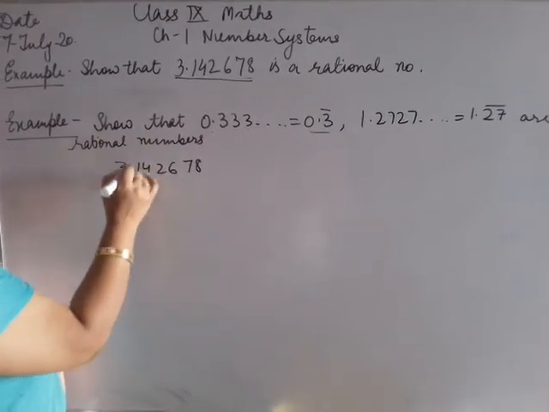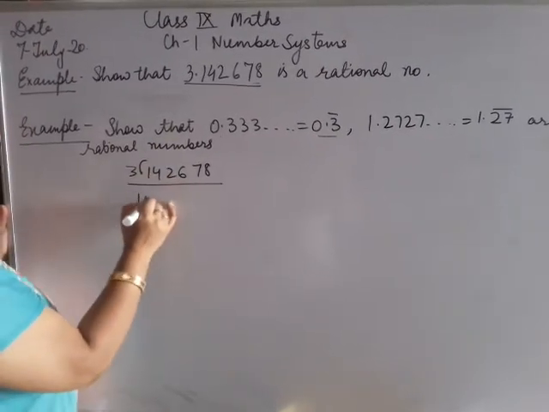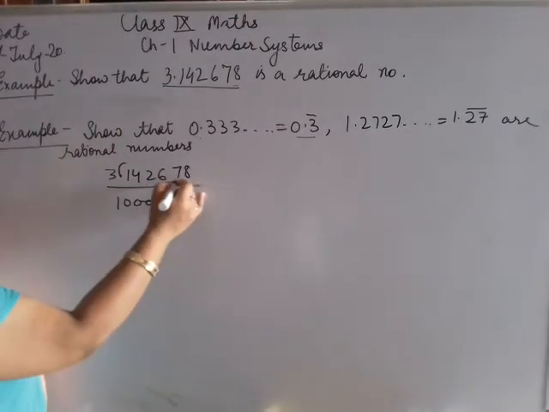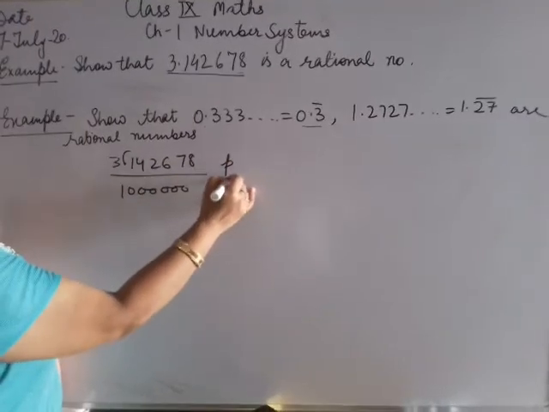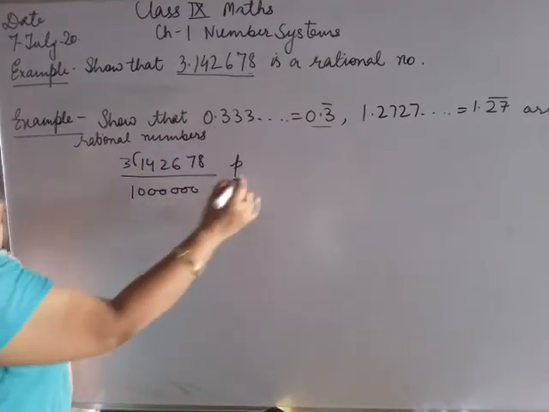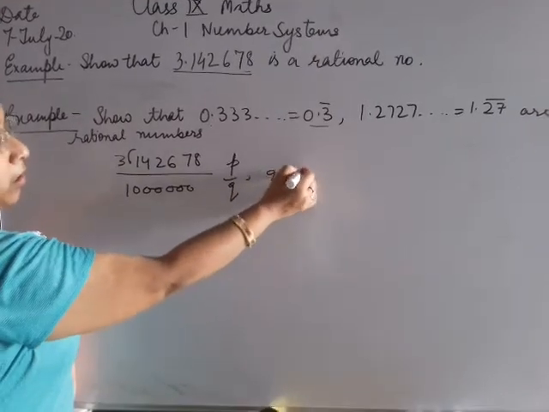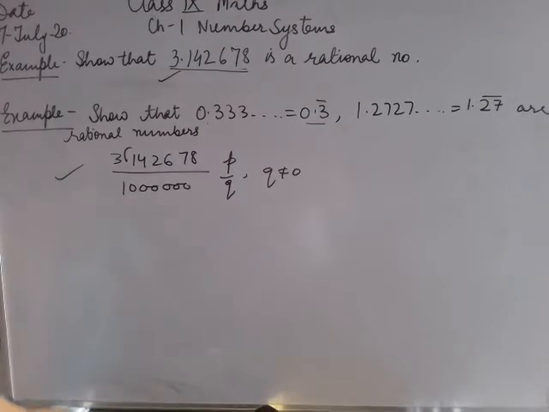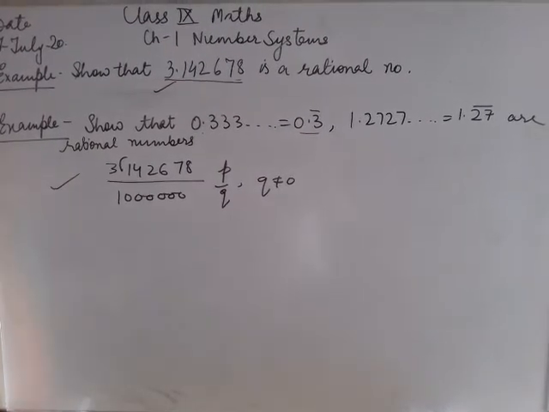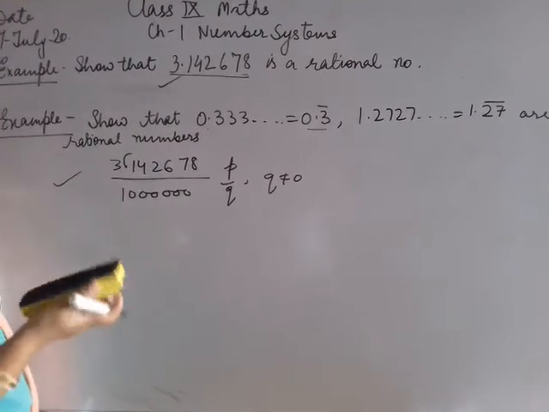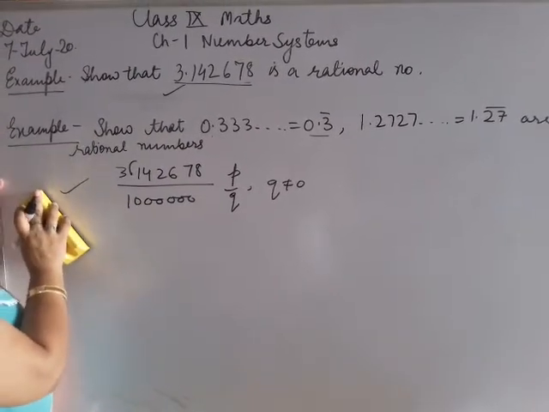3.142678 can be written as, if we remove the decimal, the denominator will be this one. Now we have expressed this number in the form p upon q, where p and q are both integers, and also q is not equal to 0. Therefore 3.142678 is a rational number. Similarly, we can show this for any kind of number. Okay. Now next example,